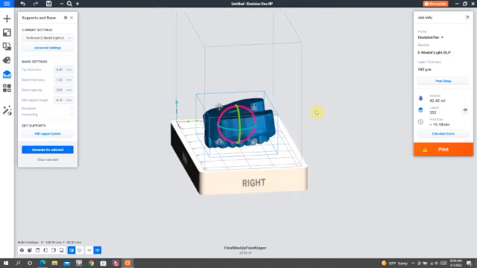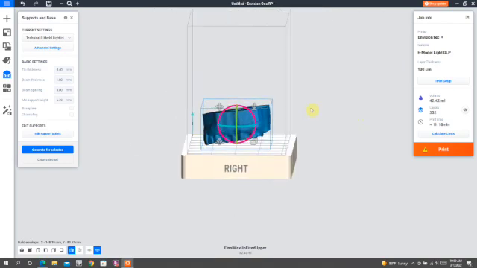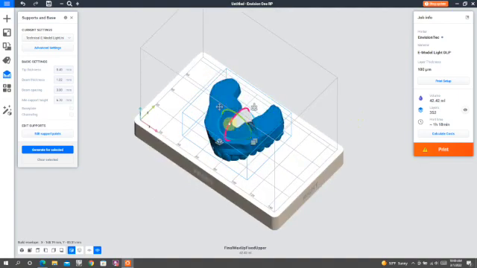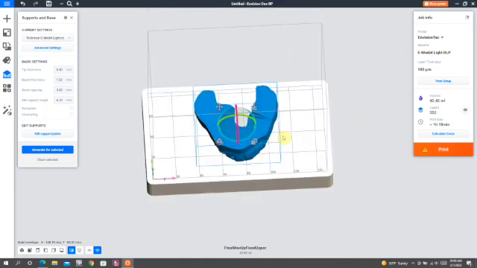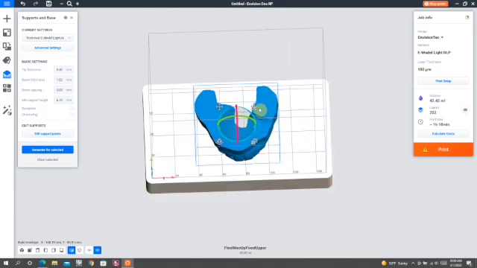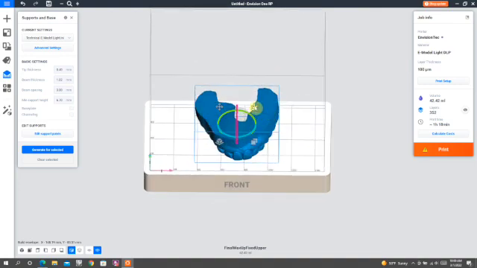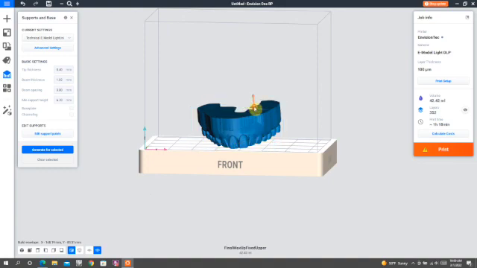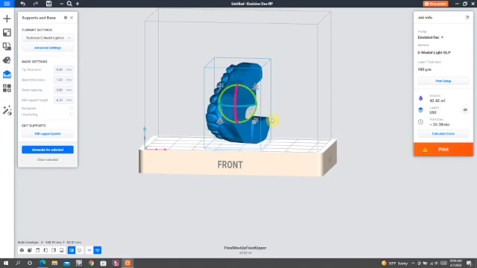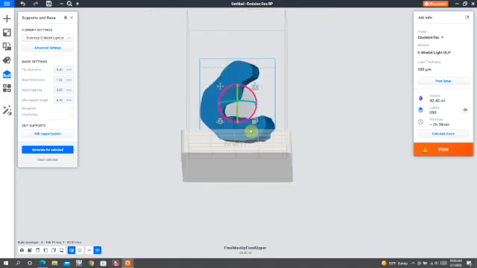So as we look at this, you can notice a few things. One is that it's a strange orientation, teeth down, which we don't want. This has a nice flat bottom to it, so I want to flip this to print along this flat surface. The way that I would do that is this icon up here on the upper right. If you left click this and grab it, you can see it pulls an arrow out. And what you're doing is you're telling the software that you want this surface to be flat against the print bed. So if I let go at this point, you can see it rotates it